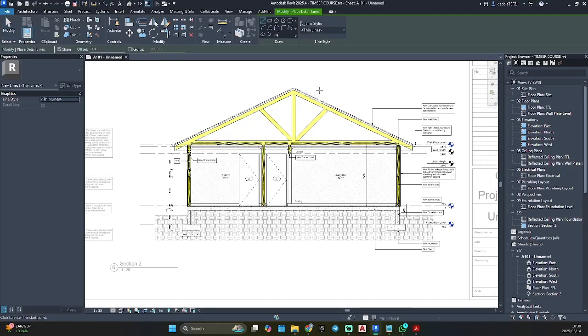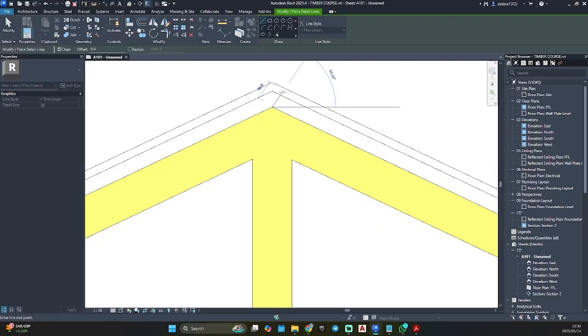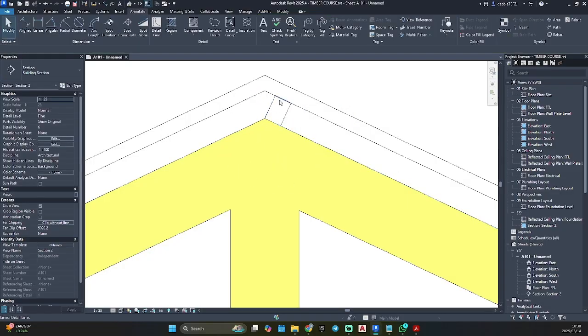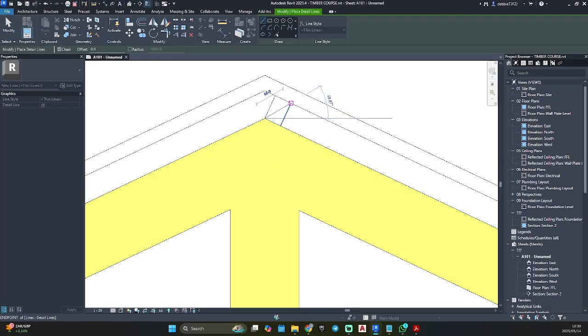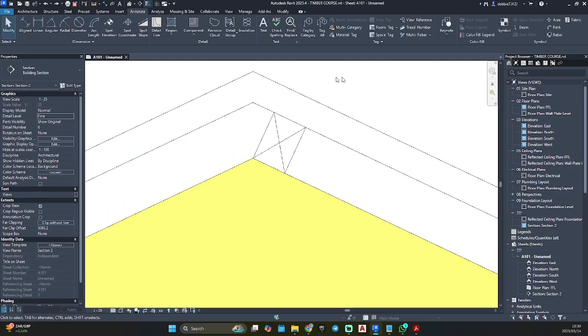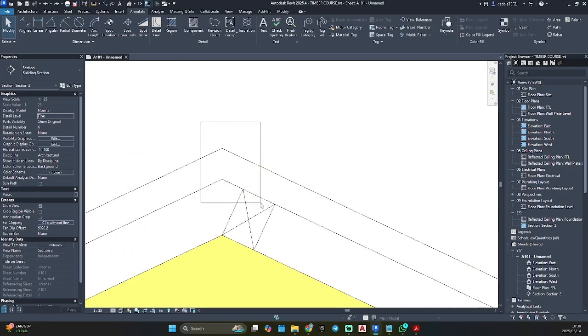Just quickly, let's put in our 54 by, I'm going to make it 38. It doesn't want to highlight.